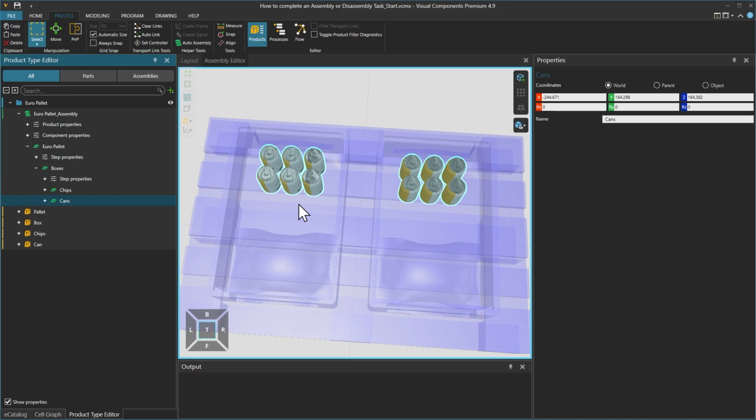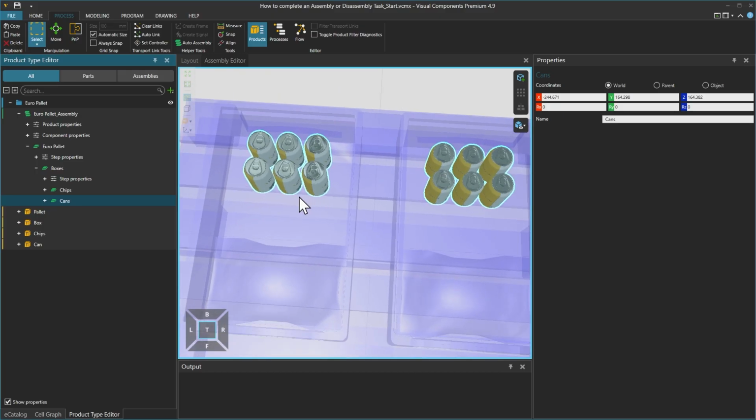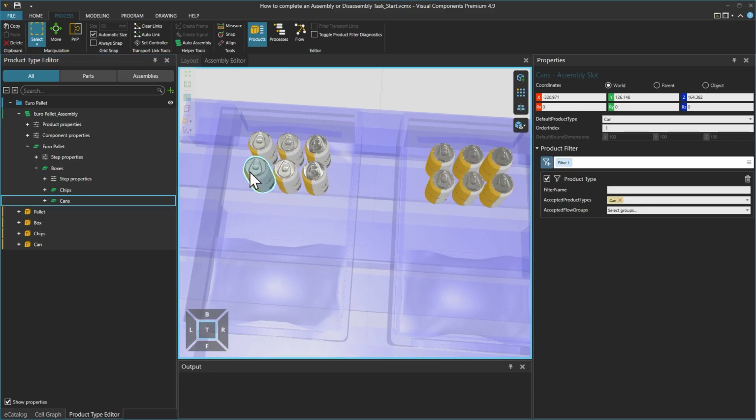And if we click on the can step on the left and select a can from this assembly slot, in the product filters and the product type filter, the accepted product types is can, and this is the same for all the cans.